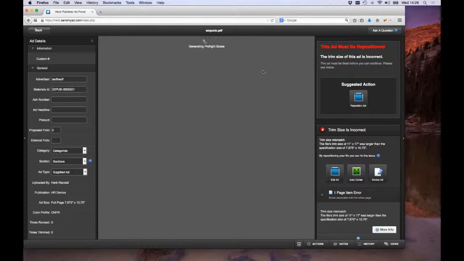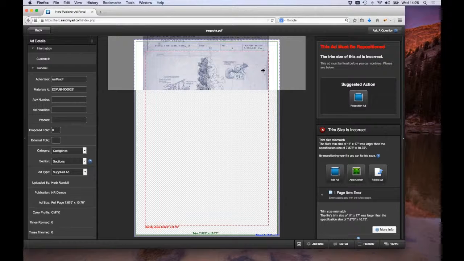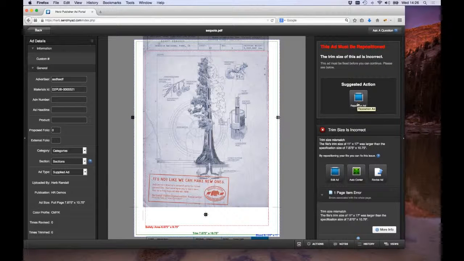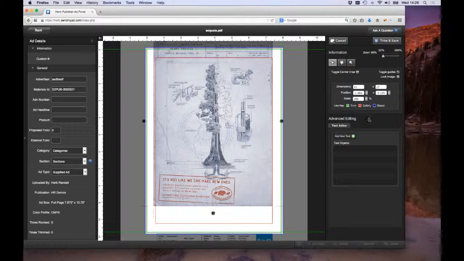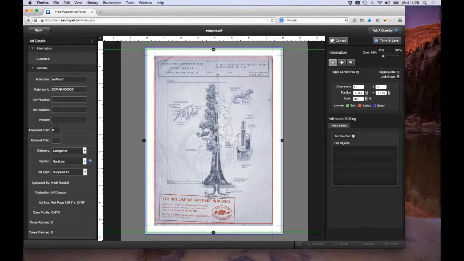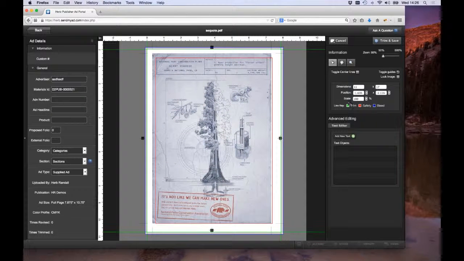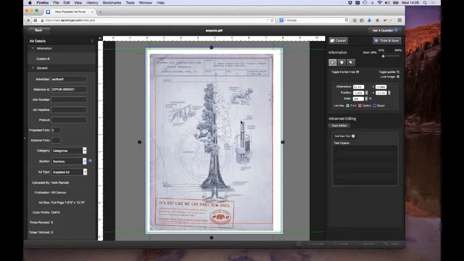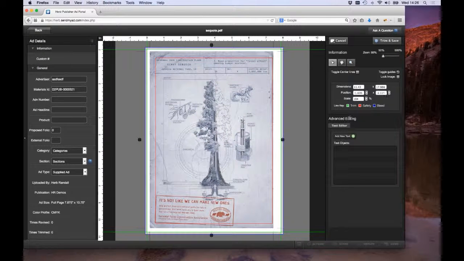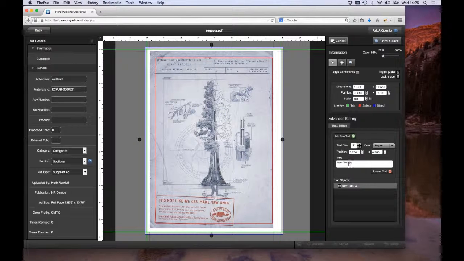Okay, so you'll notice that it comes up with this suggested action, and it wants to take us right into reposition the ad. Now I'm doing this as a publisher user. So this advanced editing that I was just speaking about, that's available to me as a publisher. A user never sees that. Sorry, an advertiser user never sees that. Okay, well, let me just put in a